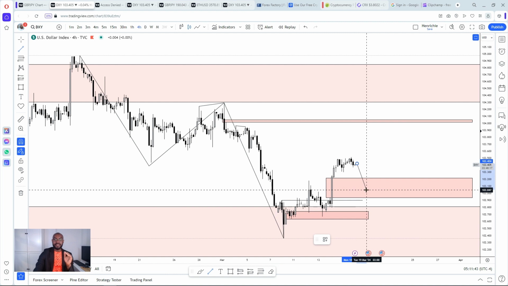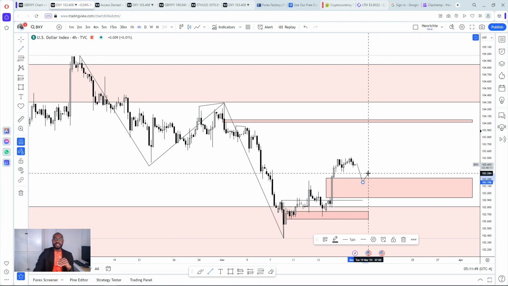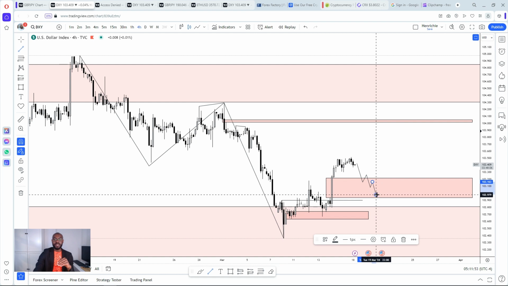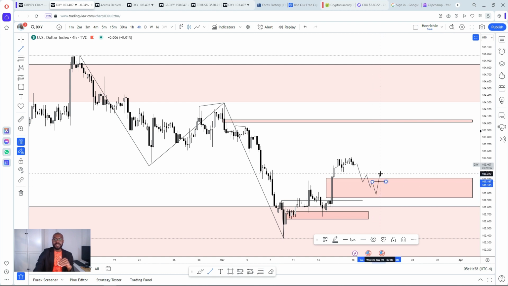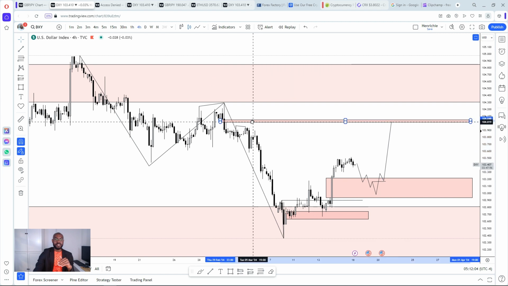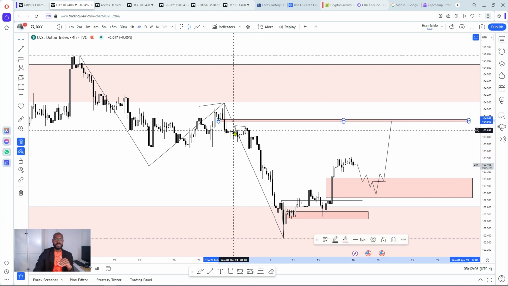So what we're anticipating to see for the new week on the dollar is a retracement into this inefficiency. And the moment price does that, we're looking for a smaller time frame break of structure from this key level. Once we see a smaller time frame break of structure right there, the next thing we'll do is look for a retest, and then we'll target the low resistance liquidity zone, which is this key level, low resistance liquidity, inefficiency,